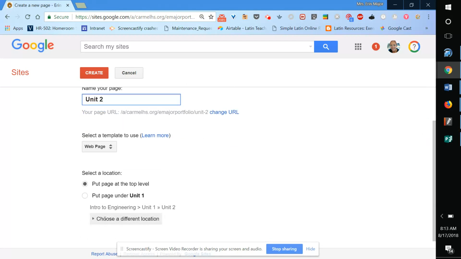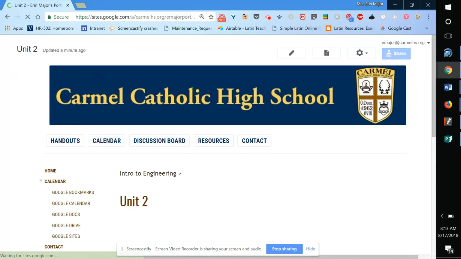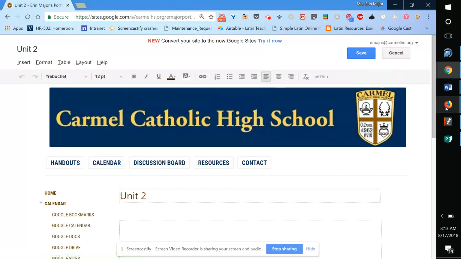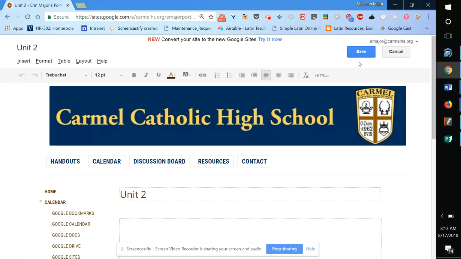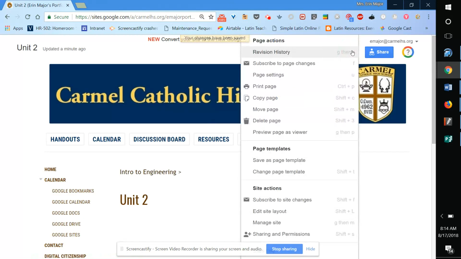So we're going to click choose a different location. I want it under Intro to Engineering. Create. And you would keep doing that for units 1 through 10. Once you have units 1 through 10, I want to take a look here at this site layout thing again